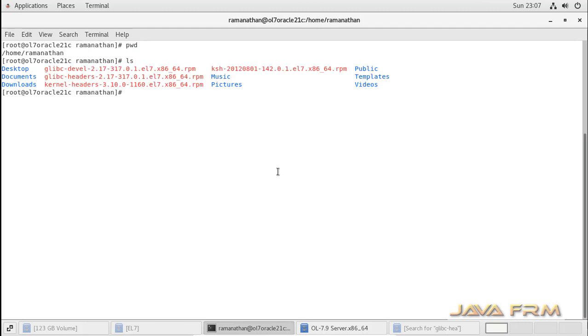Okay, this is the list of RPMs needed by the Oracle Database pre-install RPM. Around 4 RPMs are there. I am going to install these RPMs in a single shot. Please pause this video and note down these RPM names.